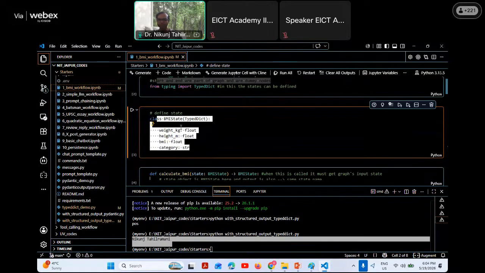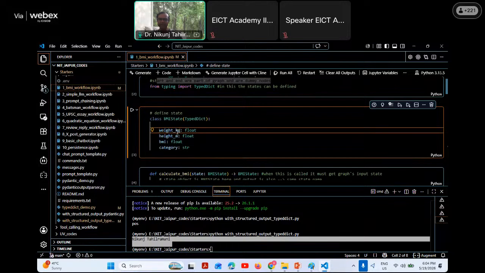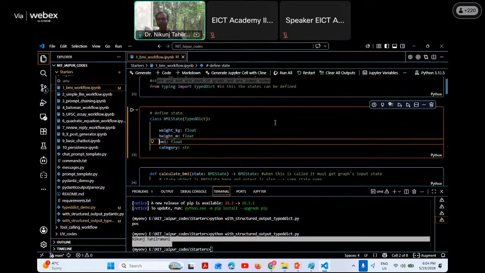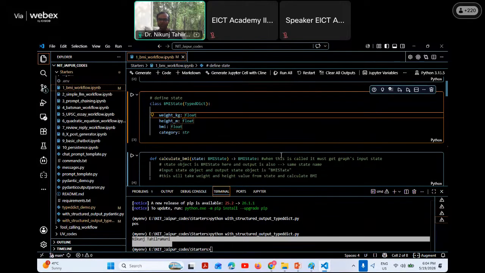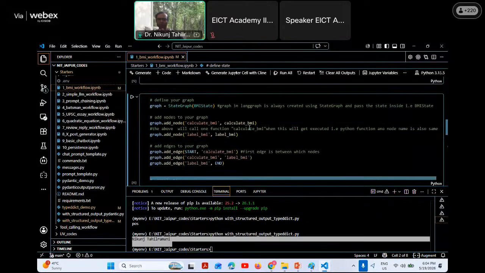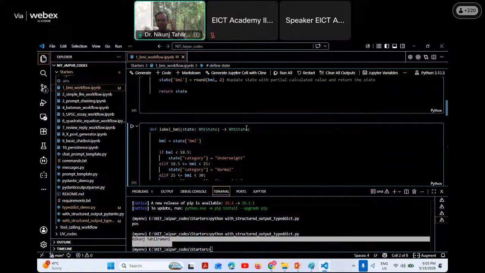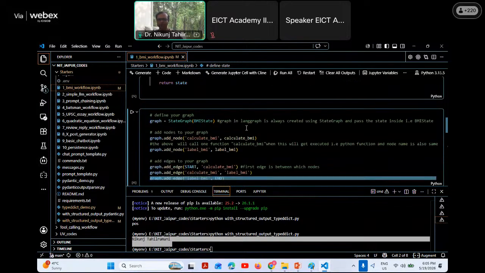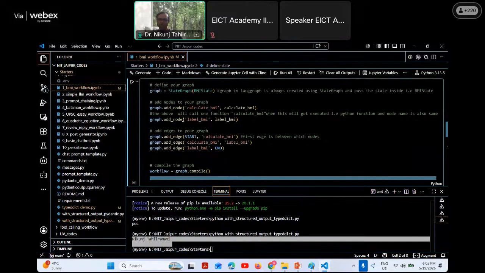So my model will give this kind of output, where I will be giving the weight in the input, I will be giving the height in the input, and I will get the output in my BMI variable. So weight can be float, height may be float, and BMI can also be float. Just forget about category for the time being. Okay. Now, once you define this, then you have to directly go for drawing a graph. Don't go for an in-between procedure. I'm giving you a workflow, like how you should think as an individual when you work with LangGraph. You have to first